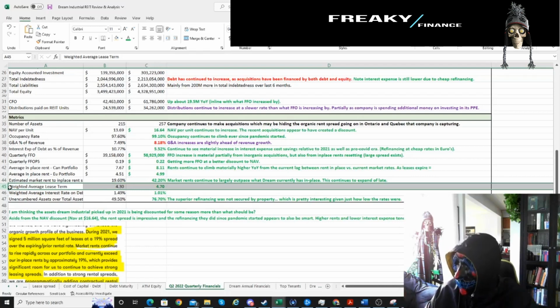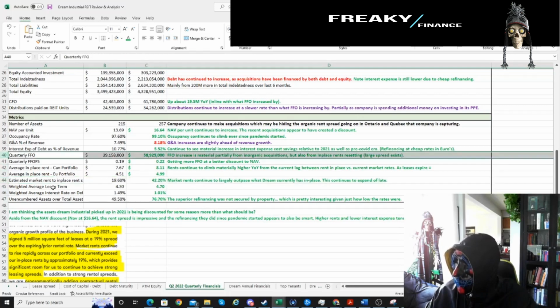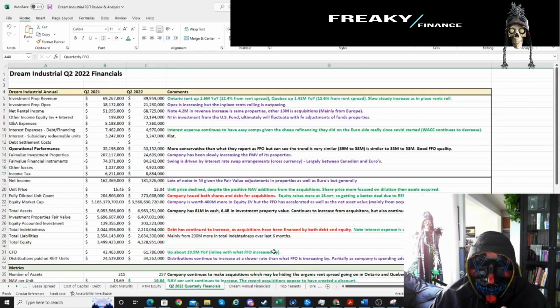Especially with these big rent spreads and all this. There's a lot of things where I'm like, wow, this could be a good one. But who knows? This rent spread could be misleading, right? But so far they are capturing it slowly as the leases roll, or at least that's what the year-over-year increase in NOI would tell me. So anyway, that's Dream Industrial. It is definitely a fun one with a lot of good stuff going on for it, and I do think